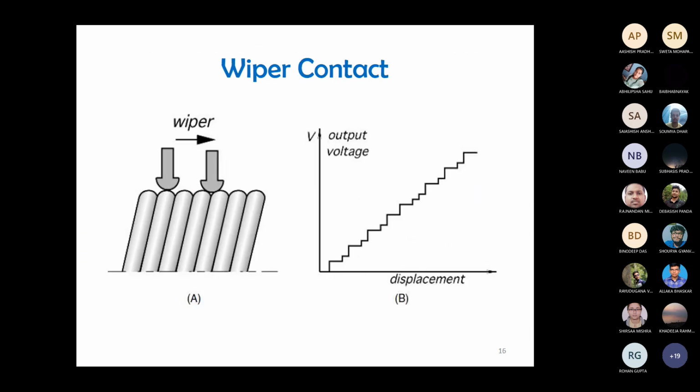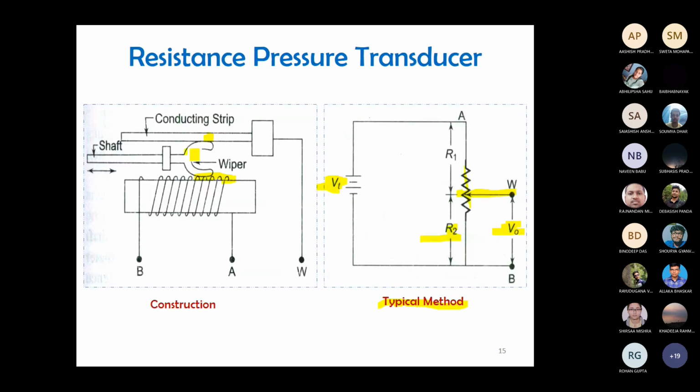If you are able to measure the resistance directly, you are able to get that value. Then if you see the bellows type, here you can see due to air the wiper movement is there. So the bellows movement is there, the bellows are moving. Based on their movement, the same thing also happens. Air pressure is there, due to pressure the bellows are moving, and if it is moving, the positions are changing.